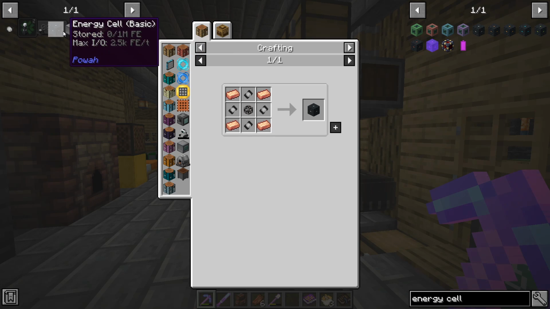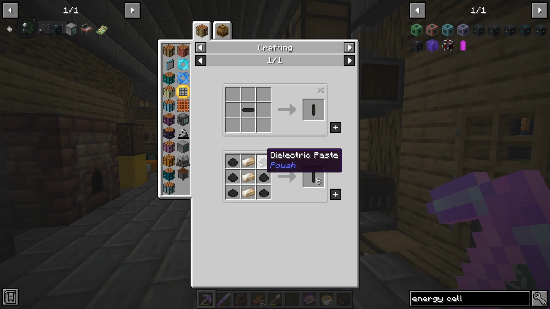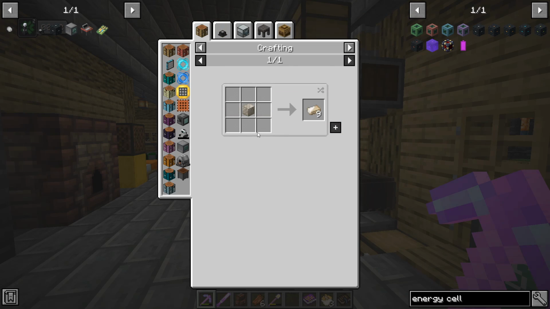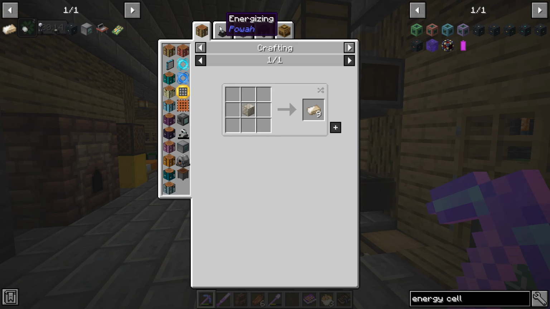So if we wanted to get to the basic energy cell, we need dielectric casings, which already require energized steel, unless these don't. I don't know. So we need energized steel. To get energized steel... Oh, whoops, I started looking at the capacitor. So the capacitor we can make. We've made all of this stuff before. And we've got plenty of plastic. Yes, energized steel. We get that...